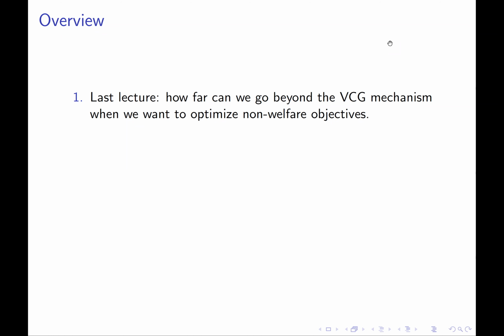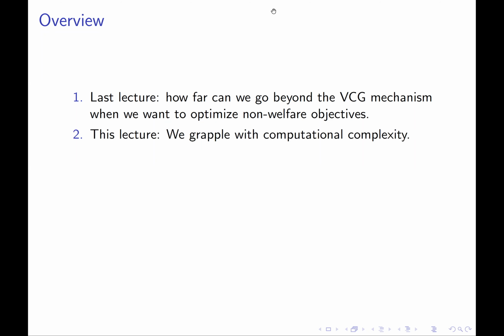And we proved that if you wanted this truthfulness property, then it's not that you could do everything. It's not that you can get a generalization of the VCG mechanism that would optimize any objective that you like. What we proved is that you could do it if and only if, exactly when, the algorithm that you wanted to run had this monotonicity property, by which we meant that if people bid higher, then the algorithm would only result in an outcome that was more preferable to them. So that's nice.